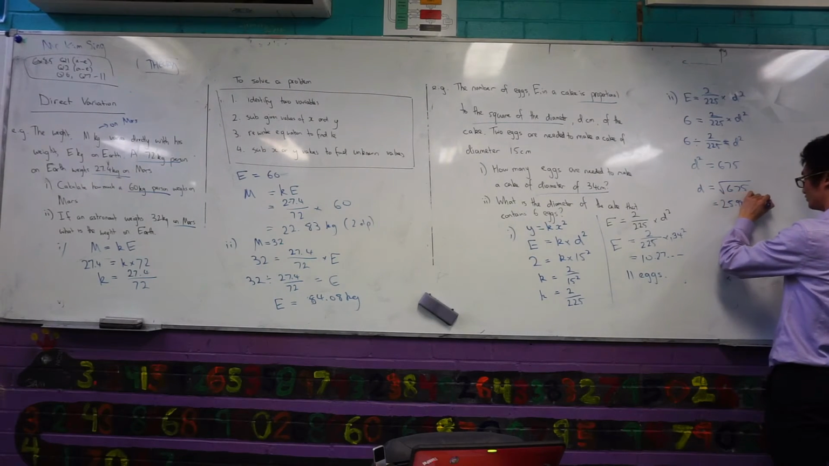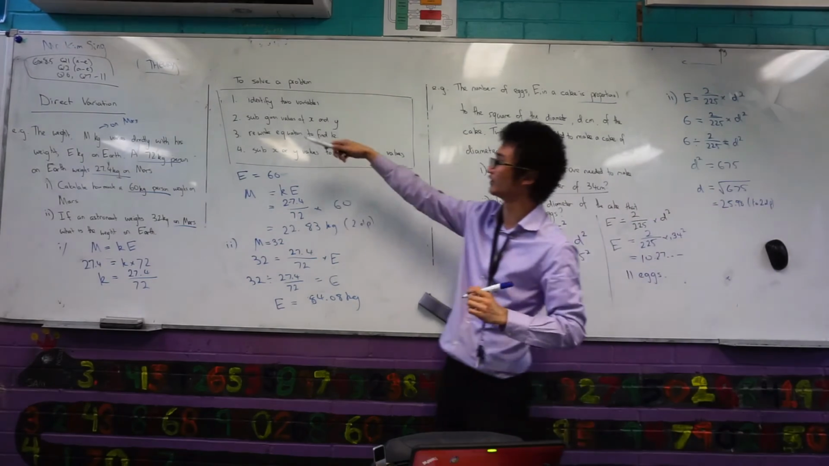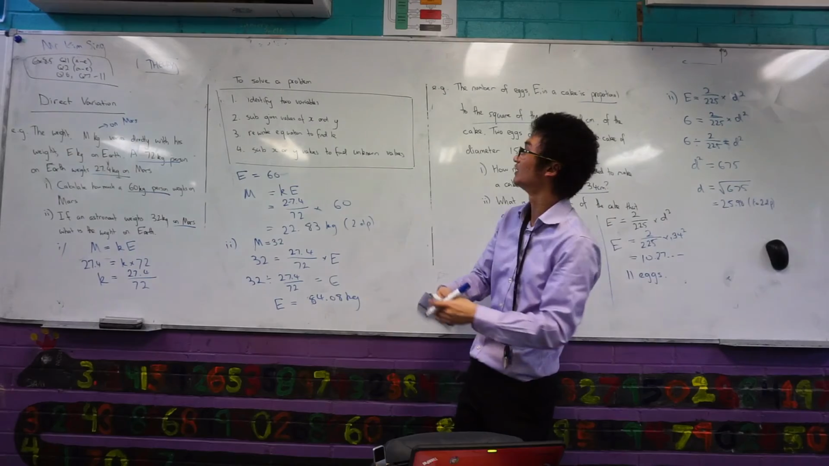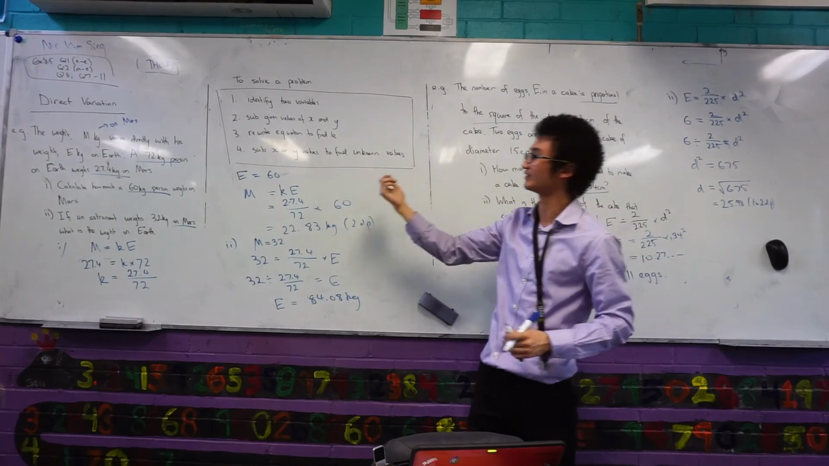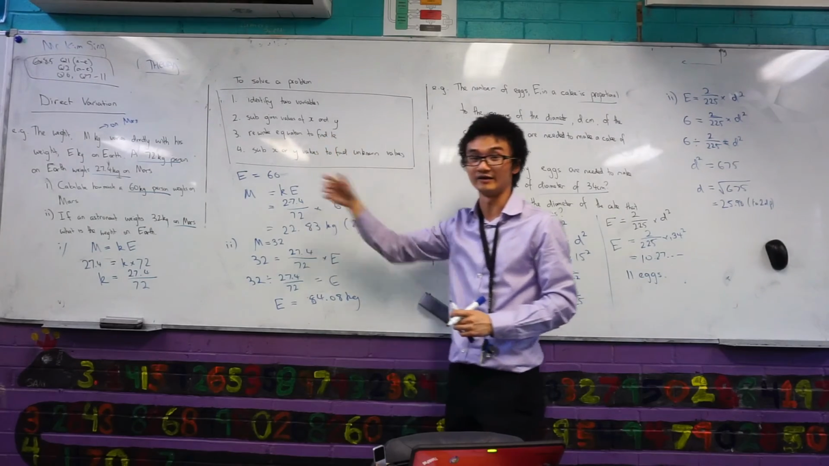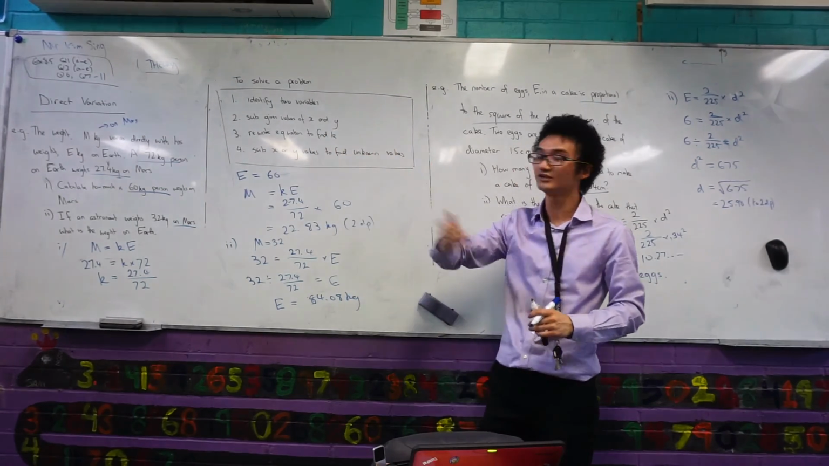That's all you have to do for solving questions that involve direct variation. Follow these steps: identify your variables, sub in the given values of x and y, then find k. Once you've done that, that's the hard part, because then all you need to do is sub in x or y values to find other